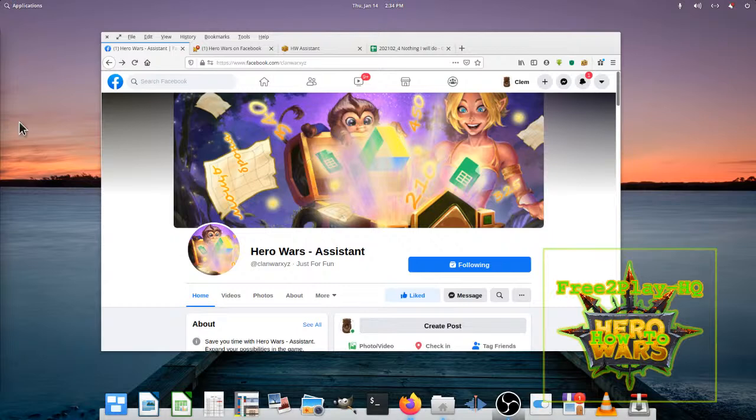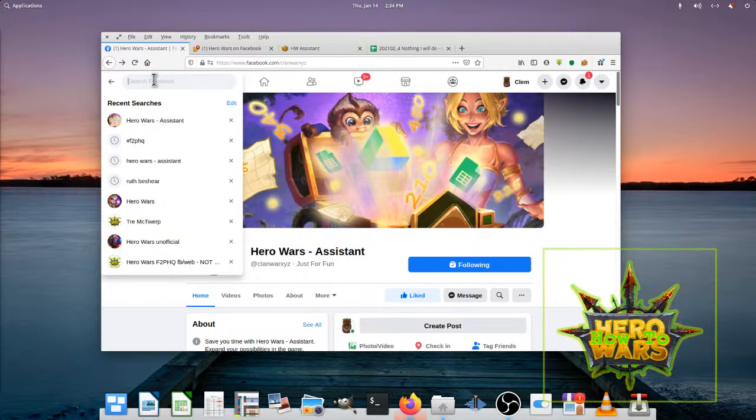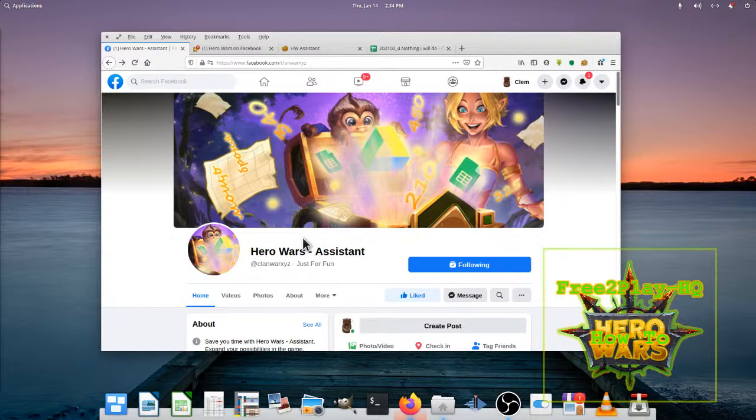So what you're going to want to do is go to Facebook search and type in HeroWars Assistant. This is going to be the page that you're going to use. This is exciting news because